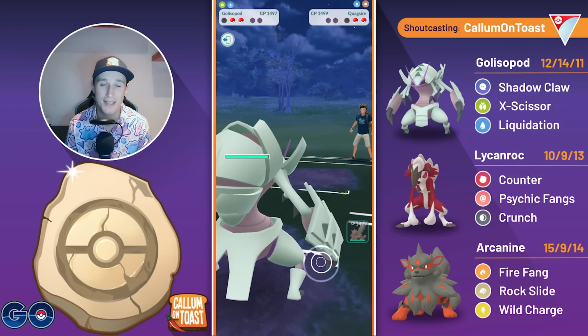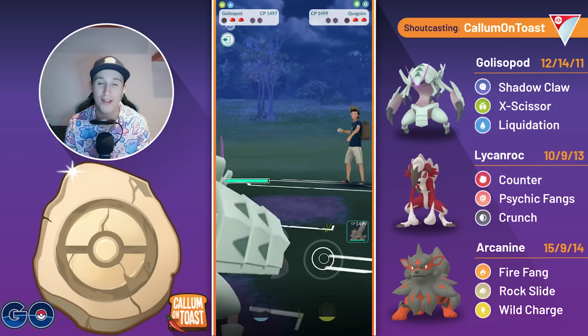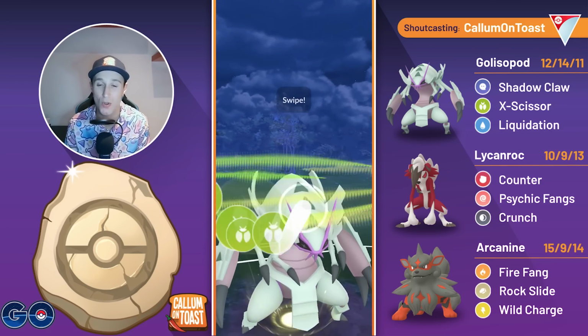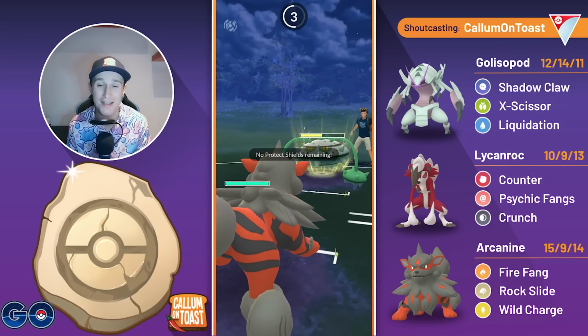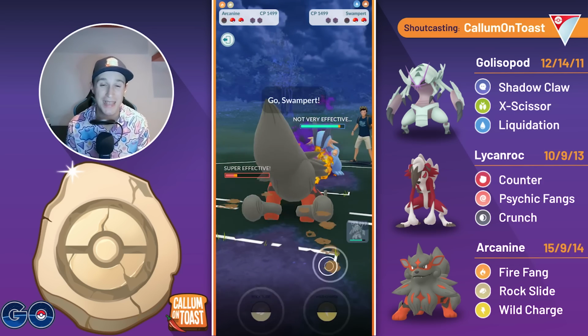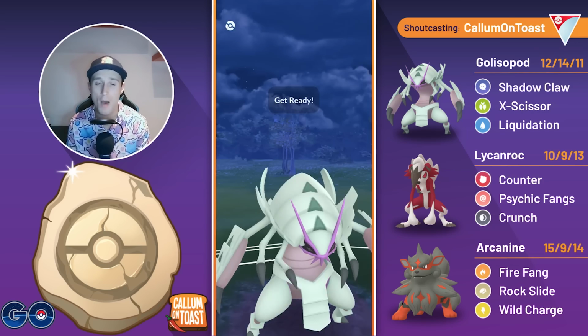The good thing is that Golisopod doesn't have the worst matchup up against the Ferrothorn, meaning I don't have to swap out straight away, and what I'm going to do here is go for an X-Scissor and then try to catch the charge move onto my Hisuian Arcanine. So we go for the X-Scissor here, and X-Scissor does some okay damage. We swap into Arcanine, we get the Fire Fang through, and that's going to be really important later in this game. They full send the Thunder, they come in with the Shadow Swampert, they get the full Mudshot farm down,